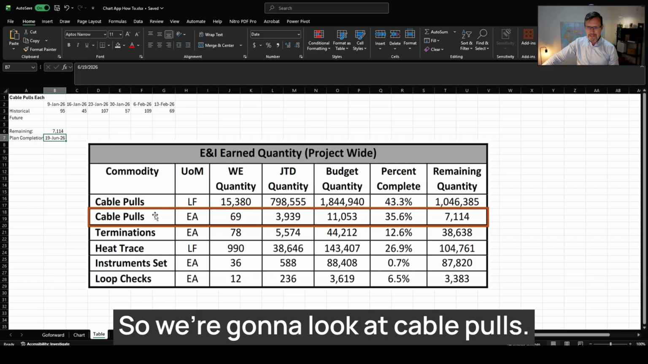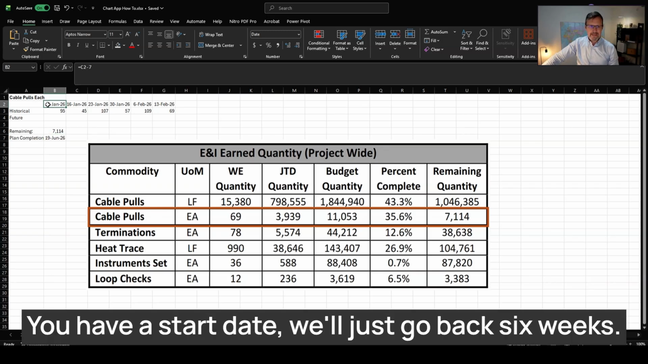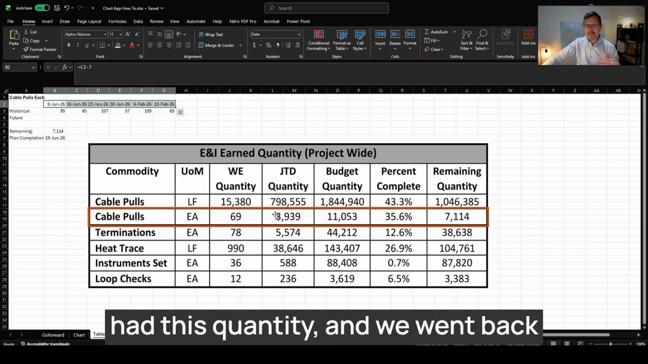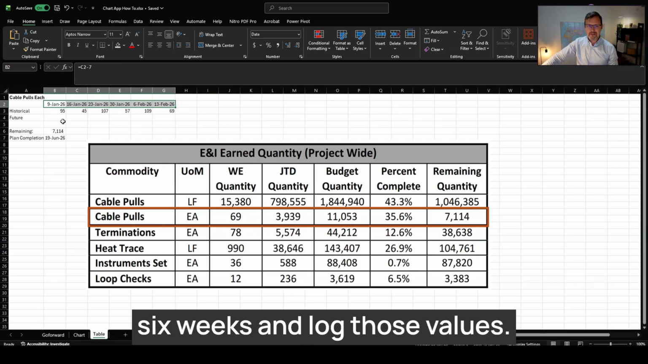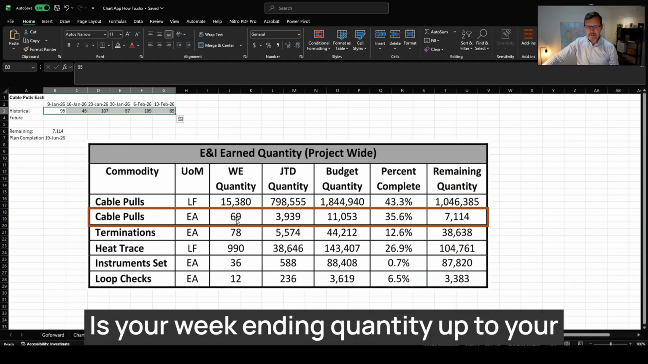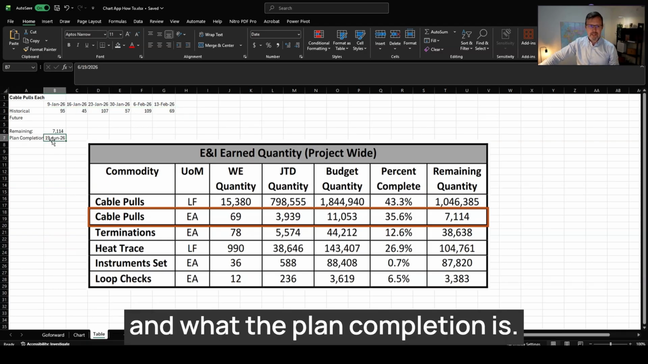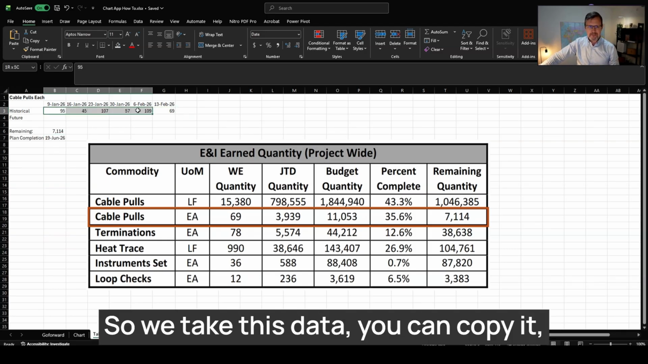So we're going to look at cable pulls. You have a start date. We'll just go back 6 weeks. So we got the weekly report that had this quantity, and we went back 6 weeks and logged those values: your week ending quantity up to your status date in your last 6 periods, what's remaining, and what the plan completion is. So we take this data, you can copy it,